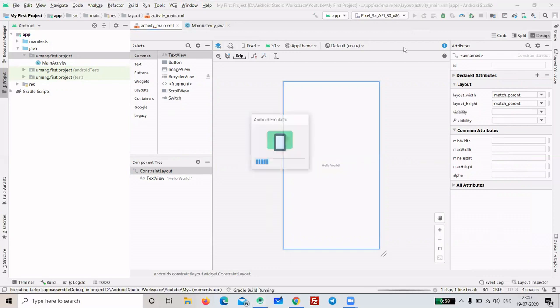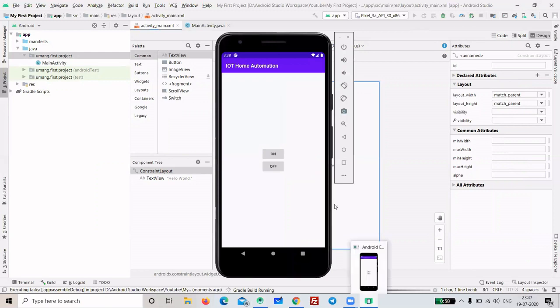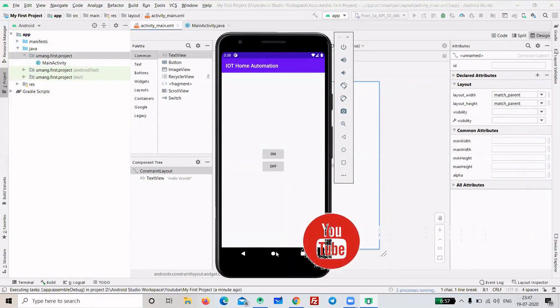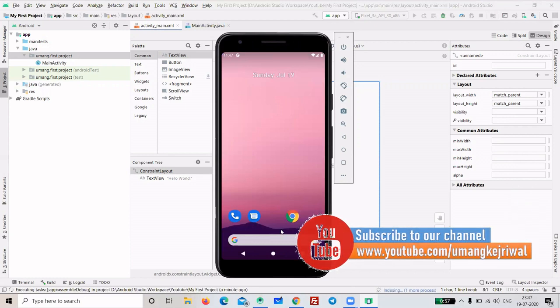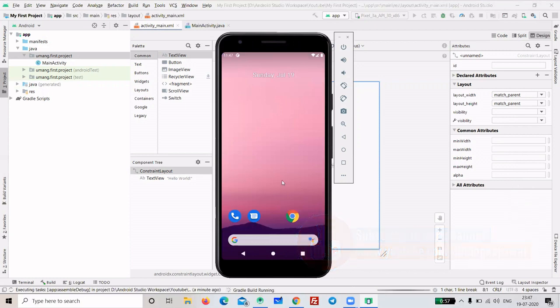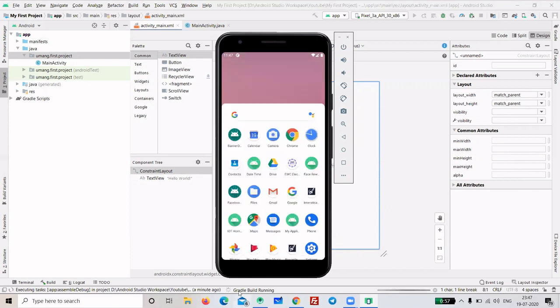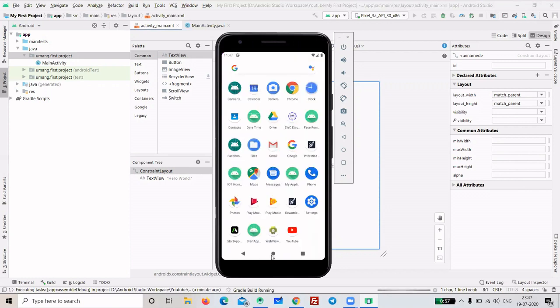Okay, so I will wait for some time. Now you can see the Android emulator, my emulator is now starting. Let me go to the home page by clicking on this home button. This completely looks like a mobile phone that we use. You can see the layout is similar to a mobile phone. My project is now building, and after building it will run. I'll just wait for some time.